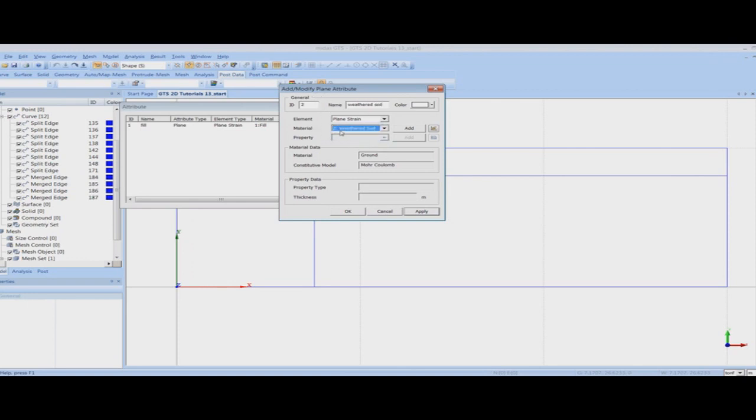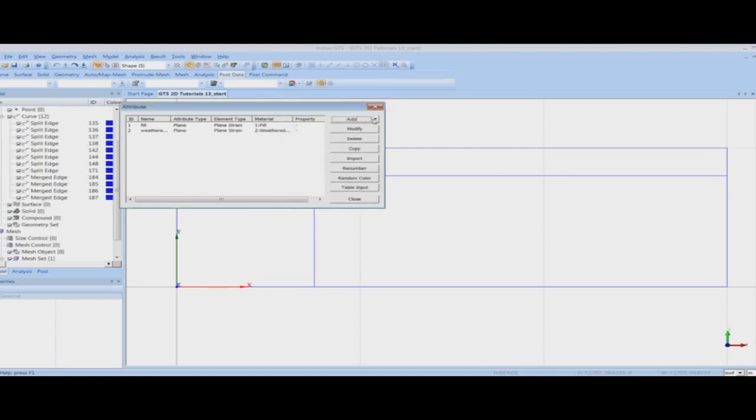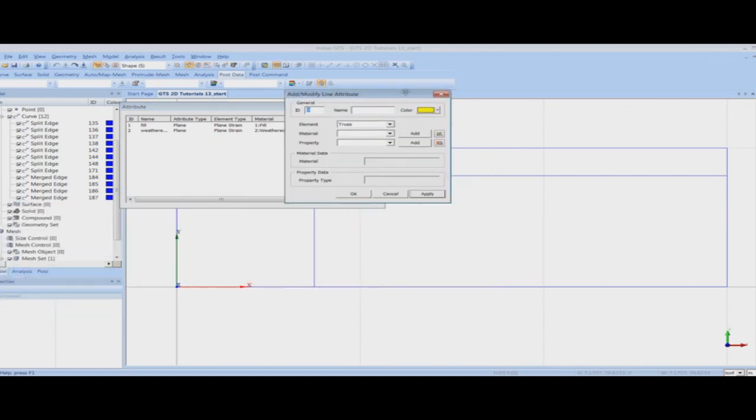So here I am defining the fill and the weathered soil, and now I'll define the parameters for wall and strut. So I'll define the parameters for wall and strut as the line type, because this is a 2D model, I have modeled the wall as a line, and I'll define the type of element as beam, and I'll choose the attribute for material and property for wall.